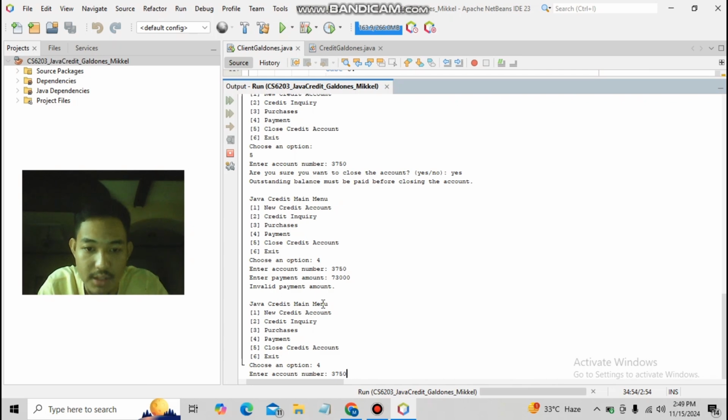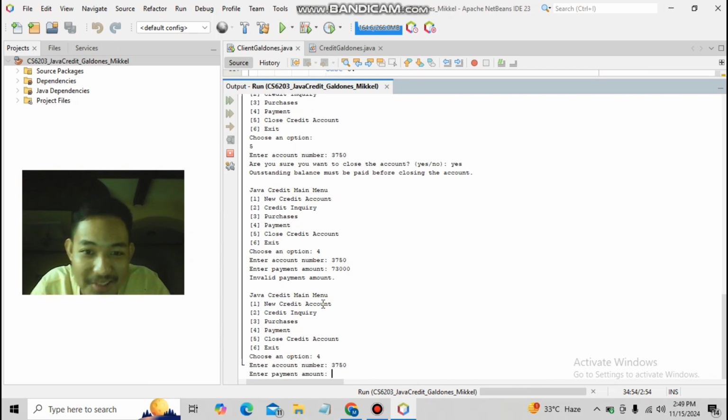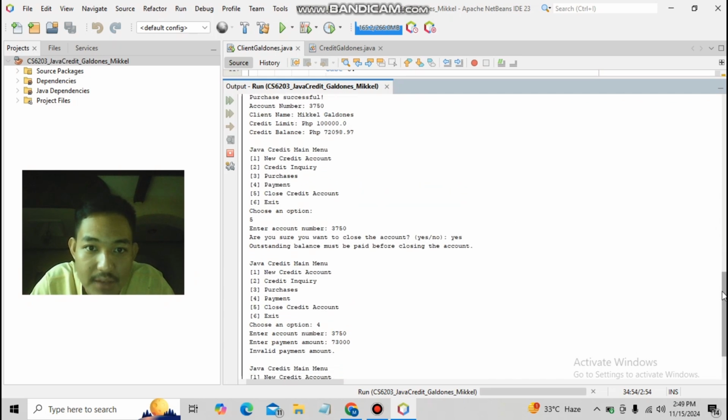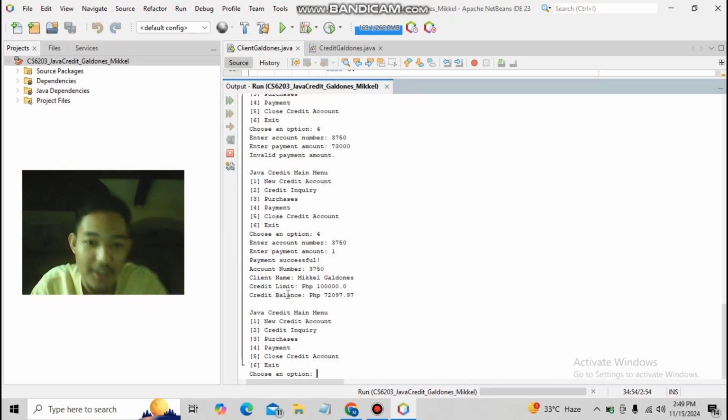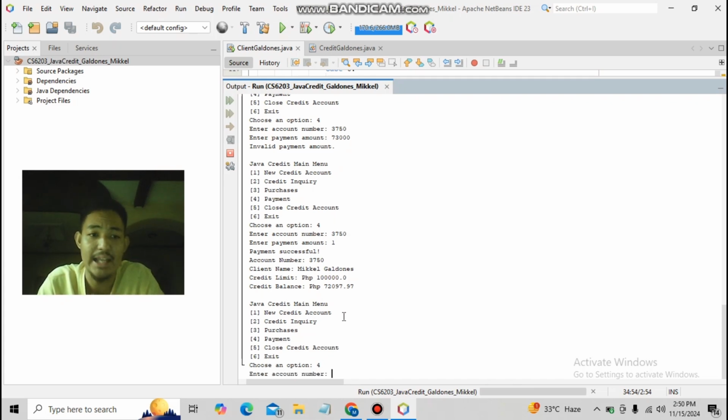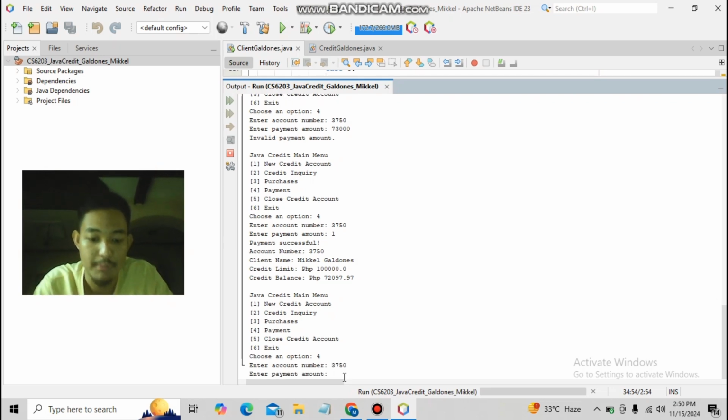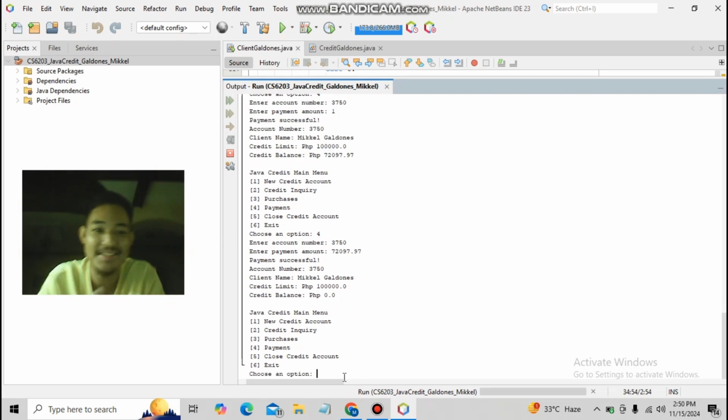So we have to pay the exact amount, or we can pay a partial amount. So 3750, I'll pay 1 peso. I'll pay 1 peso as a joke. Okay. So how much was that? 72,098. Yeah, 1 peso. And credit balance, it went down by 1 peso. Okay. So I'll make another payment in order to demonstrate that it actually accepts my payment once I enter the exact amount. So I'll just copy this one. Okay. Let's copy 3750, payment amount. And success! Our credit balance has been erased since we have made an exact payment of the